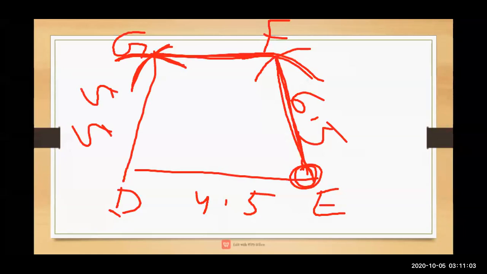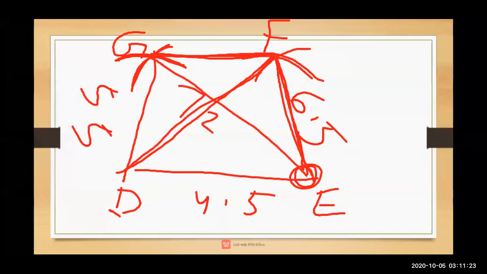Now what have you done? You have taken DF as how much centimeter? DF as 7.2 centimeter. So here you will draw a diagonal of 7.2 centimeter. And here E and G, you have taken 7.8 centimeter. So here will be 7.8 centimeter. These are the two diagonals. When you construct a quadrilateral, you will get two diagonals also. So this is your rough figure, how you are going to construct it.